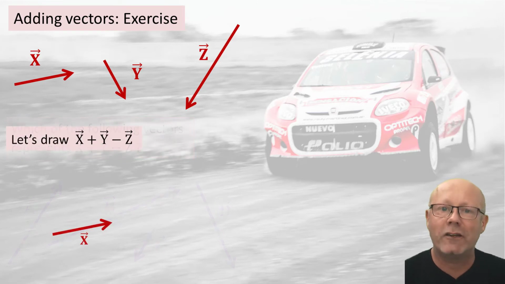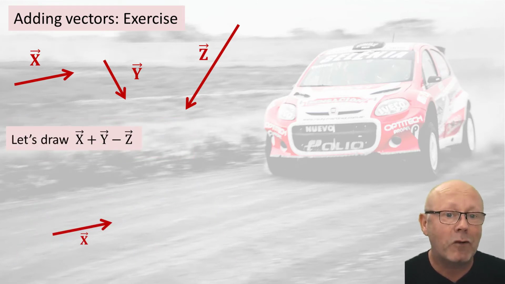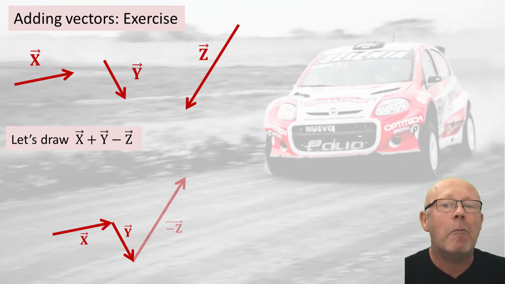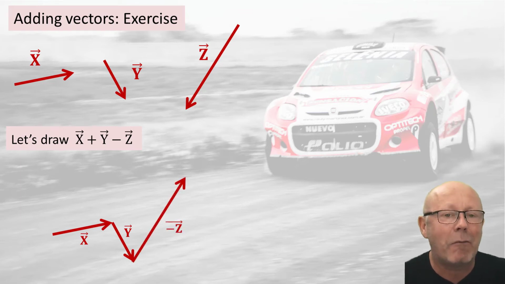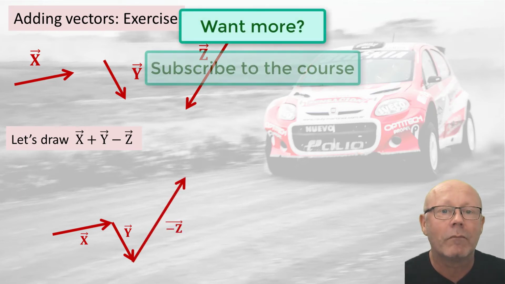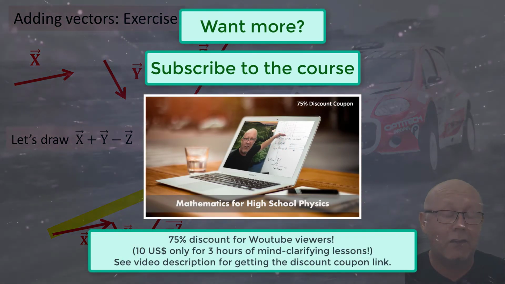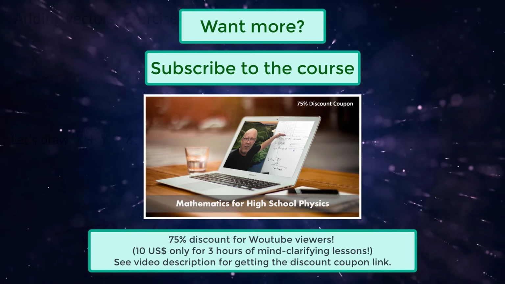First, let's draw vector x. Then from the tip of vector x, let's start vector y. The next operation is a subtraction. So let's add minus z, starting from the tip of y. Now, the vector joining the tail of x and the tip of minus z will be the